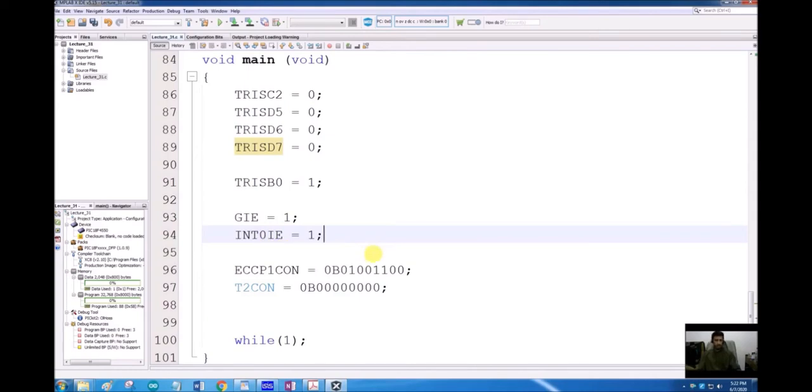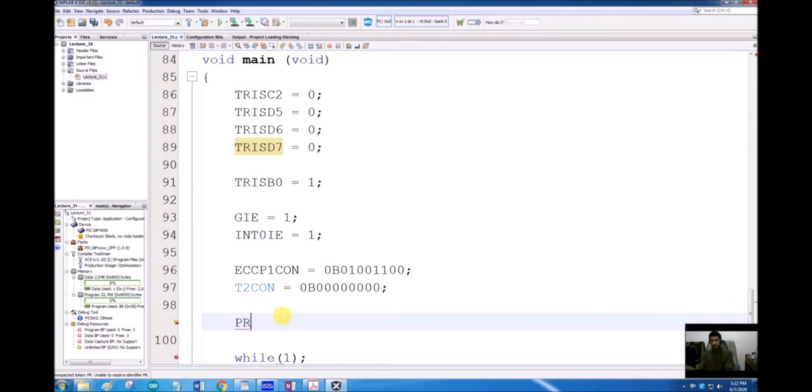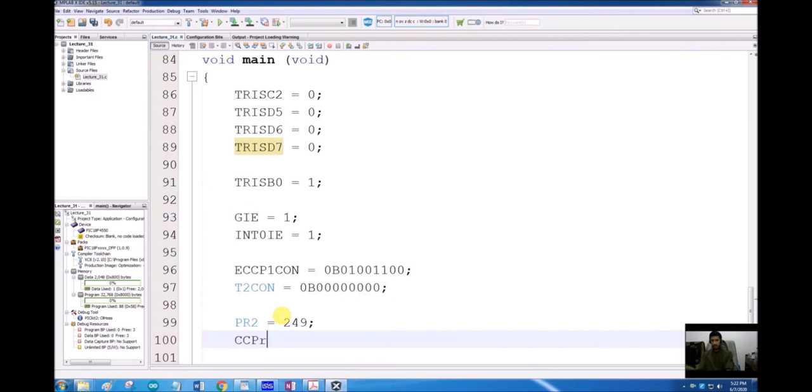T2CON is set, ECCP is set. What's left is setting the time period. So PR2 is equal to 249, the same value that we used in our previous lecture, and for the duty cycle, CCPR1L is equal to 30, a very low duty cycle.